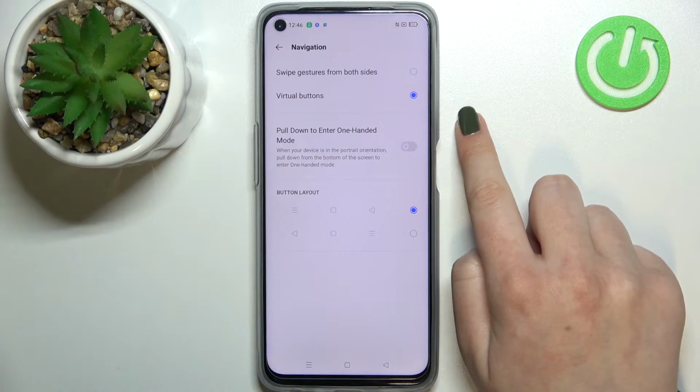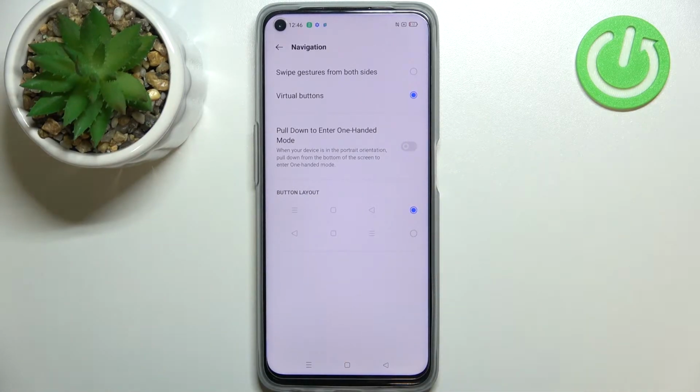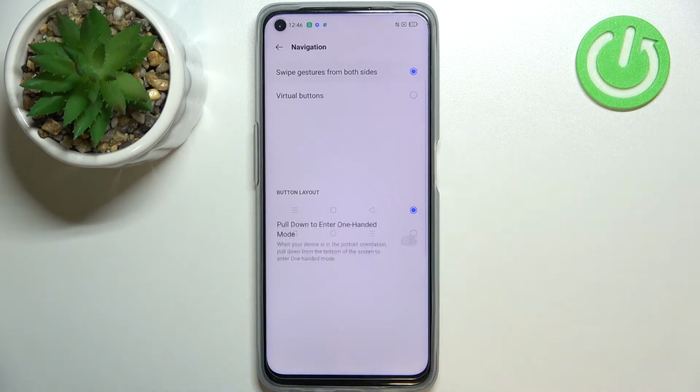and if you will decide that you want to stick with virtual buttons, here you can change the layout of them, so you can reorder the recents and the back button. It's up to you, of course, but if you'd like to set the gestures, just tap on this very first